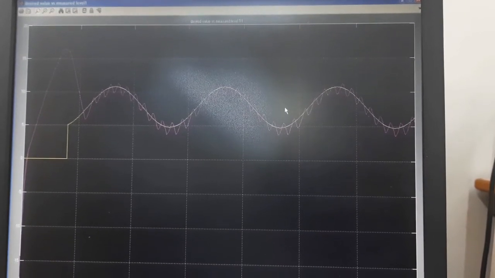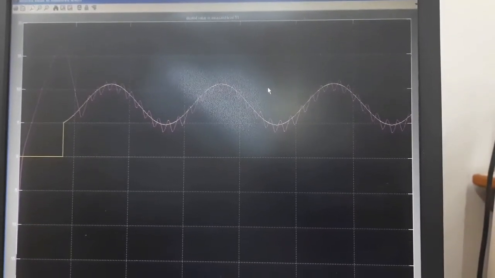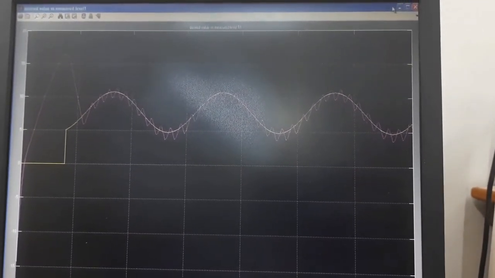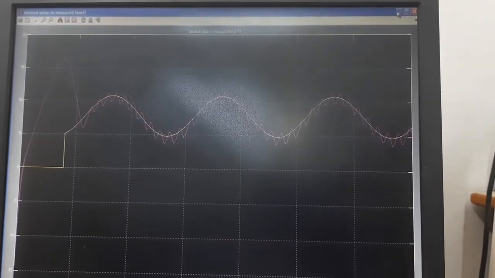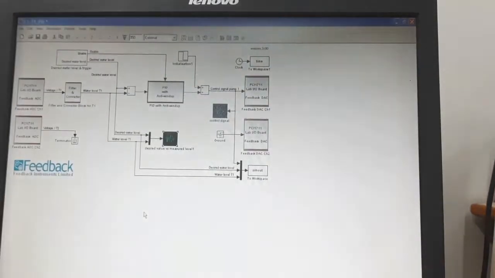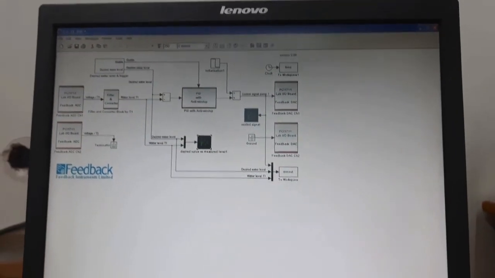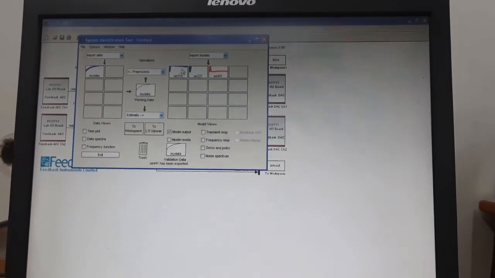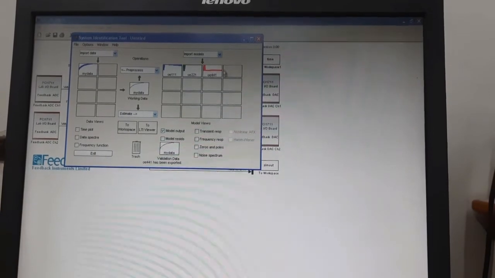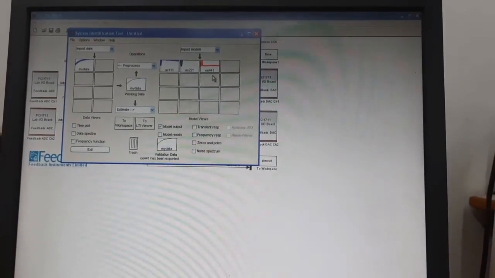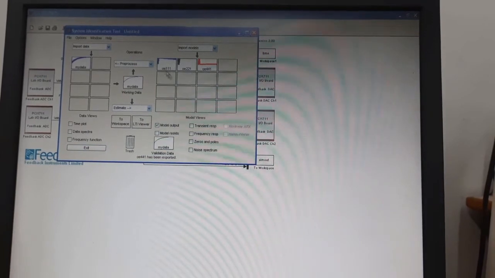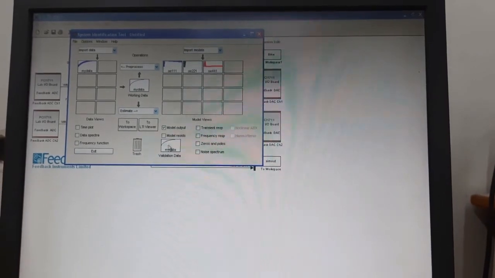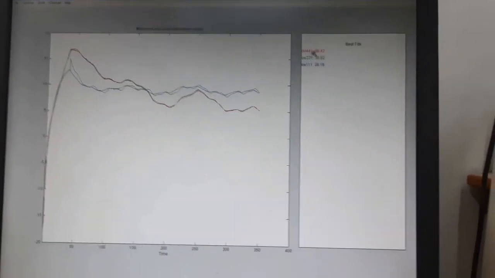You can choose different kinds of models we have already discussed. Instead of OE441, you can choose different structures of your estimated model, and the order also you can change. You can improve the performance of your PID controller by choosing different models, and you can play with that category of the system identification toolbox. Here we can see 111, 221, 441. You can try a lot of models, but when you want to design any controller, don't be confused by a lot of models. You have to take only one of them, and how to select it we have already discussed, by selecting the best fit values.